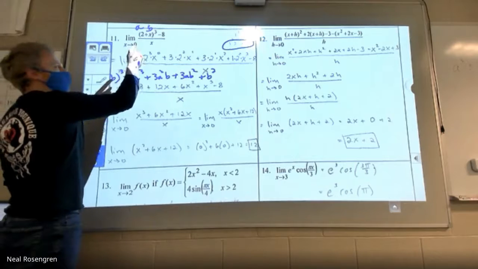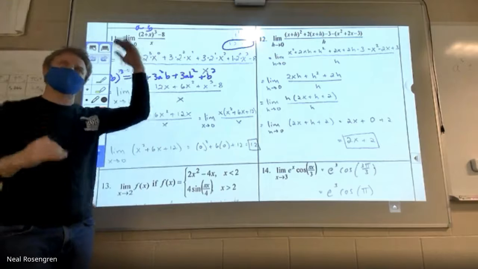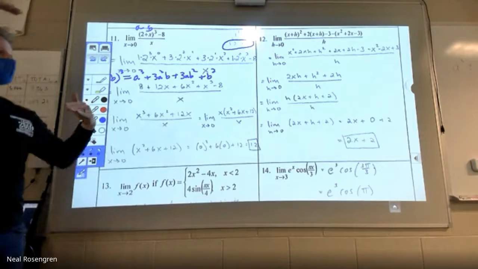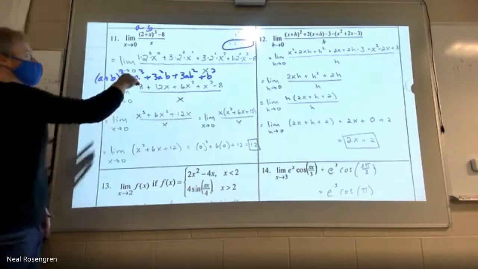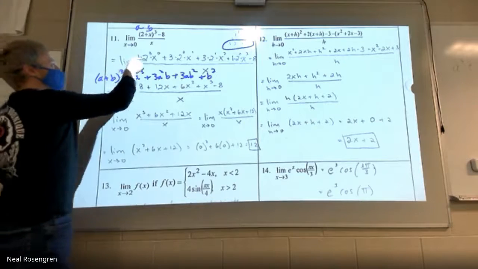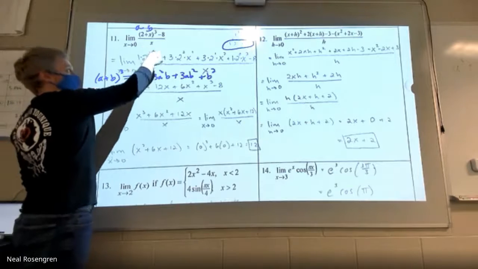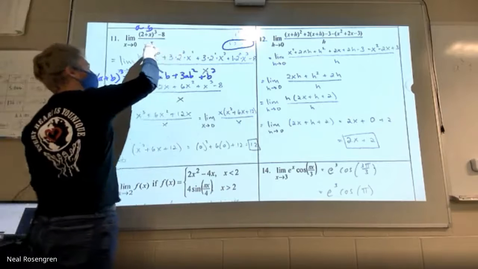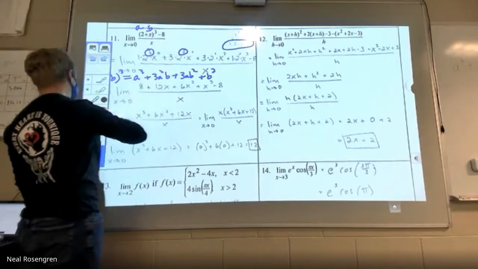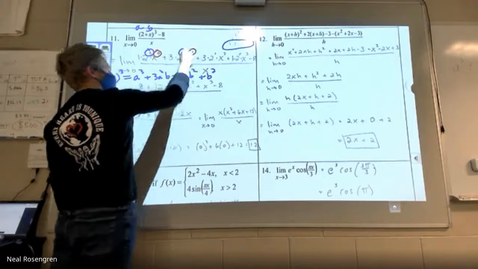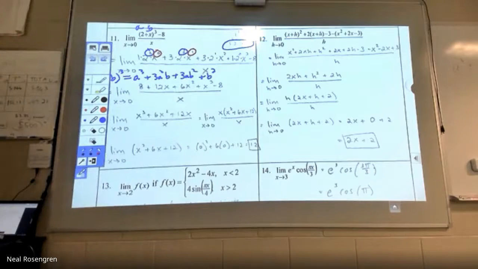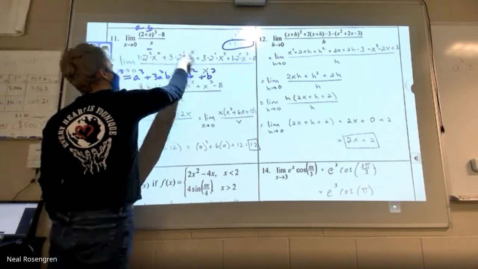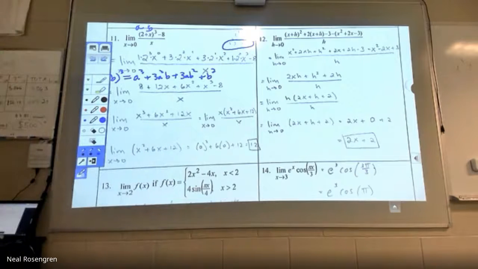A cubed, so like 3 and 0, your exponents have to shift. Like 3, 0, 2, 1, 1, 2, 0, 3. Right? And we did this with binomial expansion last time. So I took the first term, cubed it. Second term gets nothing. So x to the 0 is 1, so it goes away. Then I drop this exponent down 1, and this exponent moves up. It stays balanced. 3, 0, 2 and 1, 1 and 2, 0 and 3. And then I go from there. I just take my time and expand it out. I think that's the easiest way.